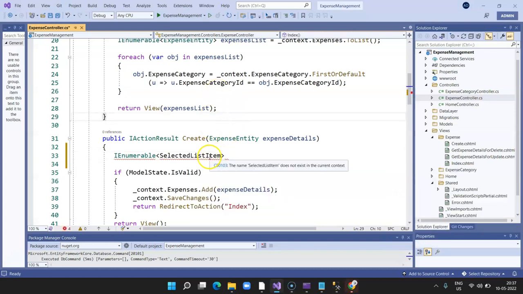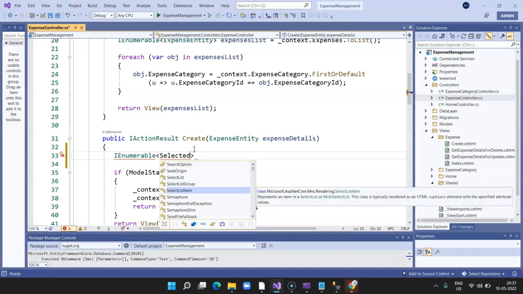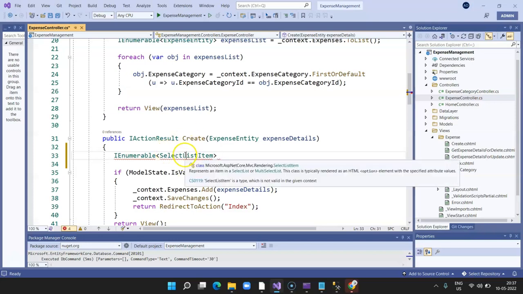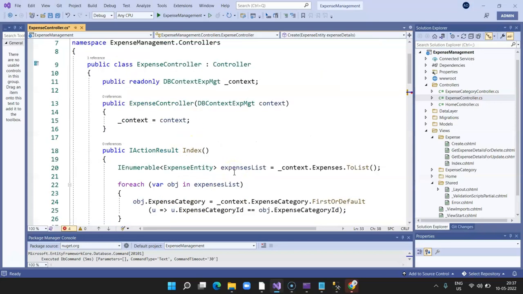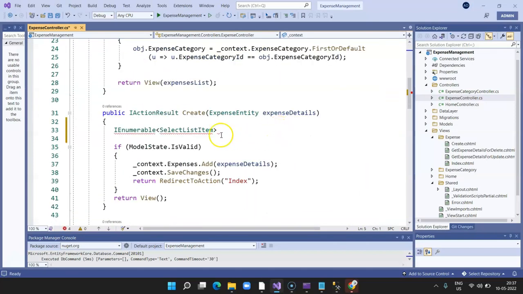Okay, so we need to add a variable, selected expenses item selected. So this is a variable, yes, selected list item. In order to get this reference of selected list item, we need to include this library Microsoft.AspNetCore.Mvc.Rendering, and then once we define this variable, we say we